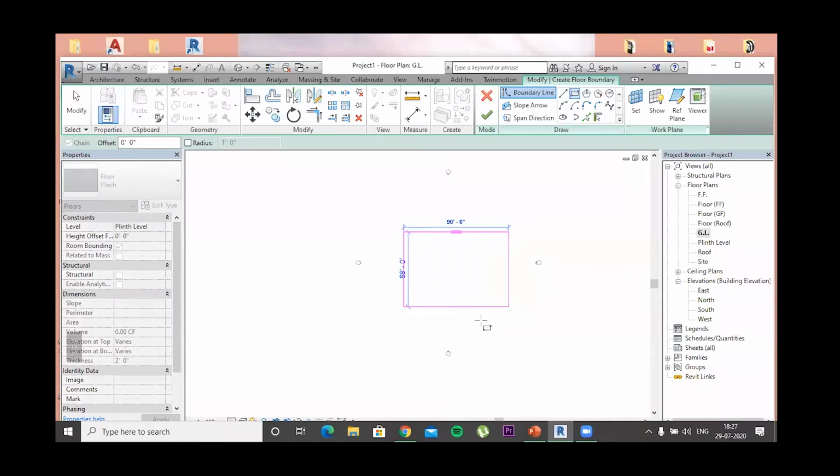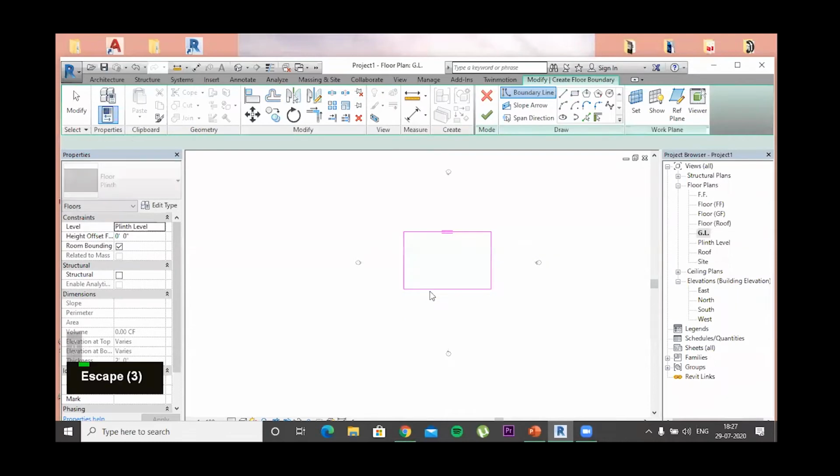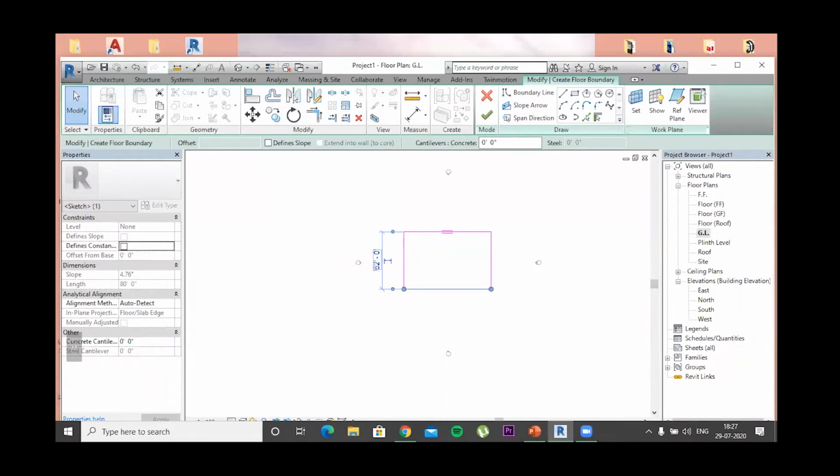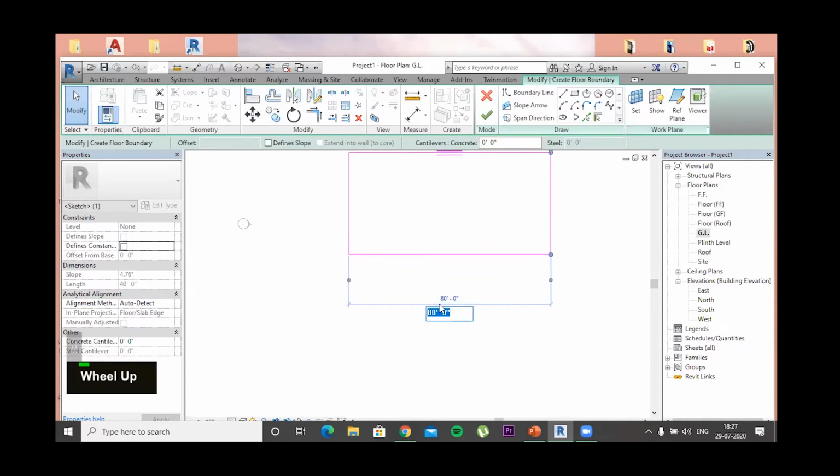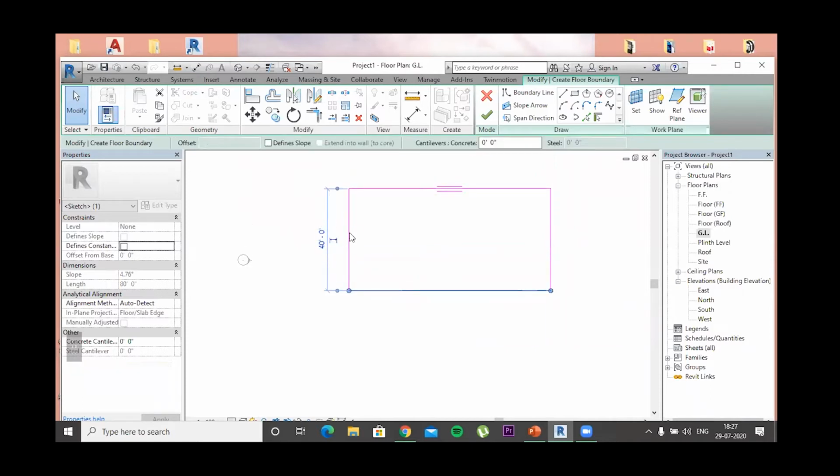So this is how we will make it, and first we'll make it and then we'll change the dimensions. So the vertical component we will be keeping as, for example, 40 feet, and the horizontal we'll be keeping as. Now whenever you touch the horizontal component, it will show you the vertical distance, and the vertical component will show you the horizontal distance.